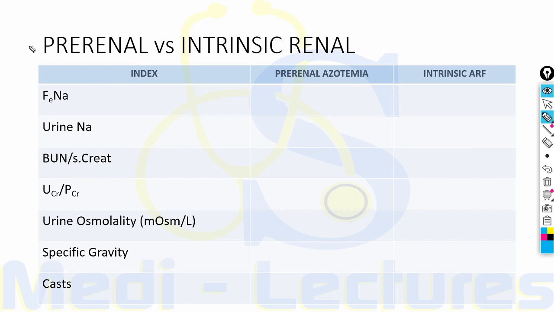Now guys, it is very important to note that the pre-renal causes and intrinsic renal causes due to acute tubular necrosis can be differentiated on the basis of urine analysis and urine electrolyte measurement. First of all, it should be noted that in pre-renal causes there is no structural injury and the tubules are normally functional. On the other hand, in intrinsic renal, the tubules are damaged and are non-functional.